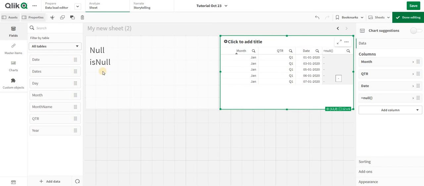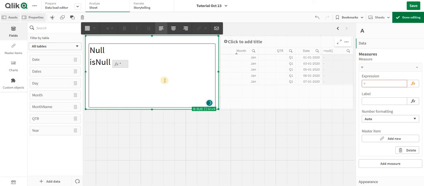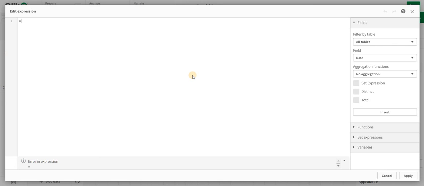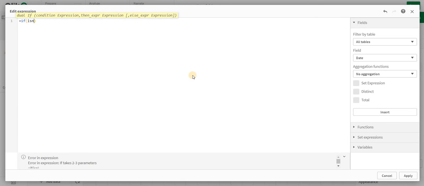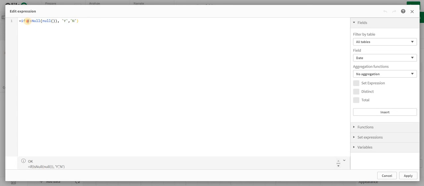Another function is called isNull. So isNull can also be used with not. A simple example is, let's say over here, if I say if isNull and I write in null like this, and I say yes comma no, it is going to give me a value Y, which is yes. So if I just write in not like this,